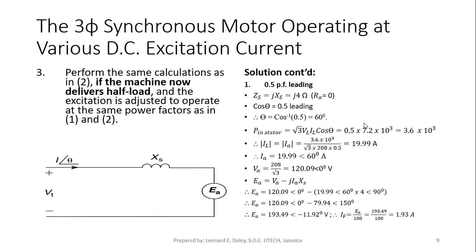Half of the 7.2 kilowatts, so it's 3.6 kilowatts. All right, and we work out the currents for half load, and at a leading power factor of 60 degrees, IA would be equal to 19.99 at angle 60. And then EA works out to be 193, and IF is 1.93. All right, so this is something now that I want you to continue as you get some time today